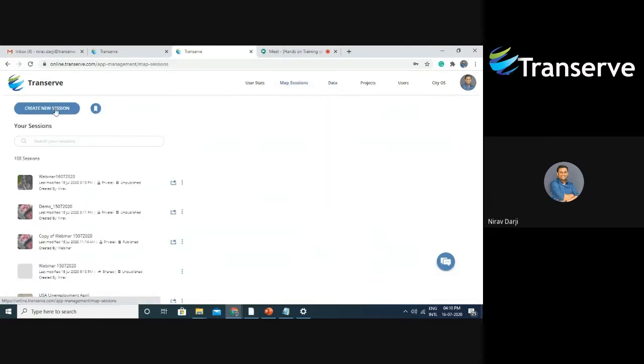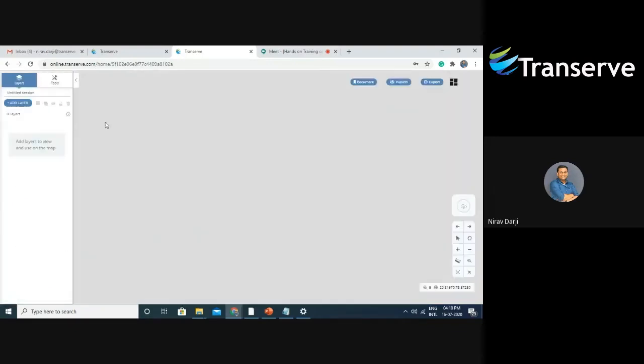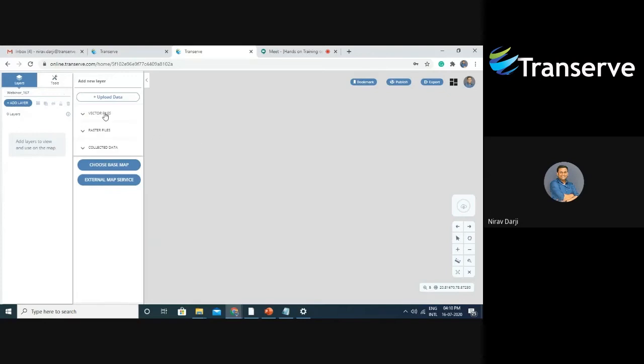Now I'm going to create a new map session. I will name it, and I'm going to add the layers which I've just created. Point.